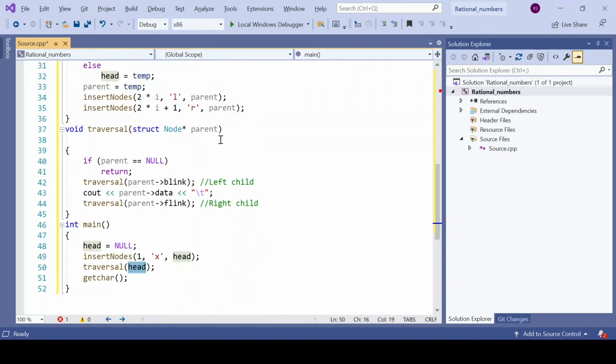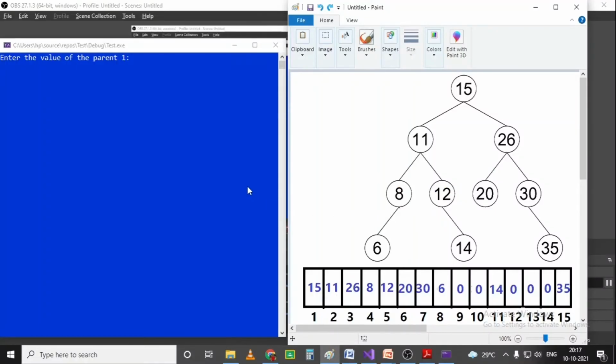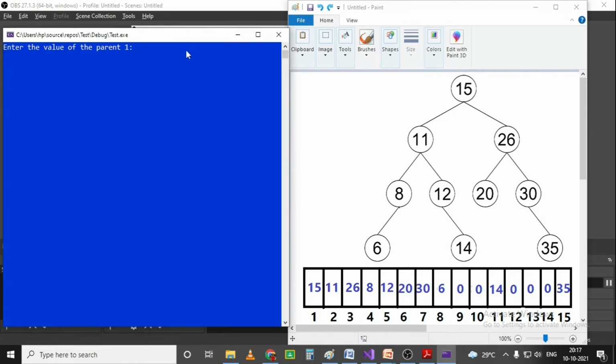And so we have to now check whether the program successfully works for providing the result of the traversal. So we have to test for the traversal based on the in-order traversal algorithm. If it works for in-order, then we can assume that it will work for the other two also. This is the output screen. So it is asking for entering the nodes, various nodes. You can see that the output screen resembles the array implementation. That is why I retained the arguments of 2i and 2i plus 1. So I can match the input with this particular array.